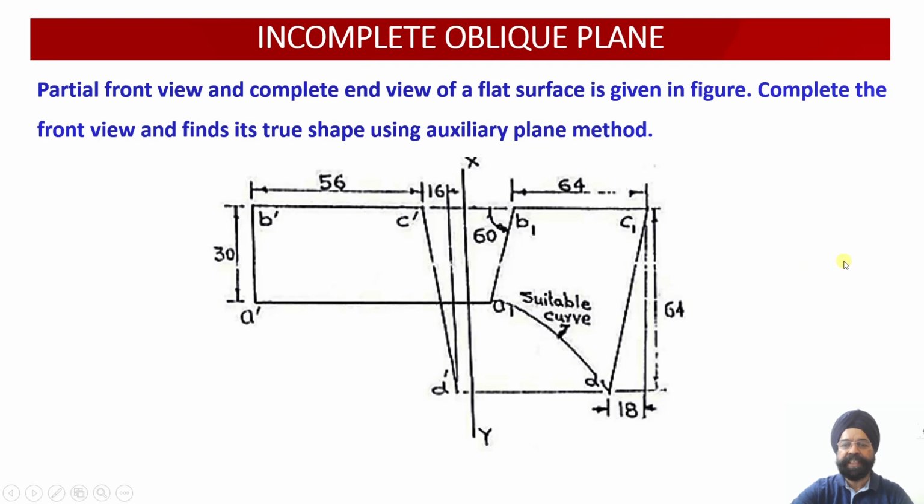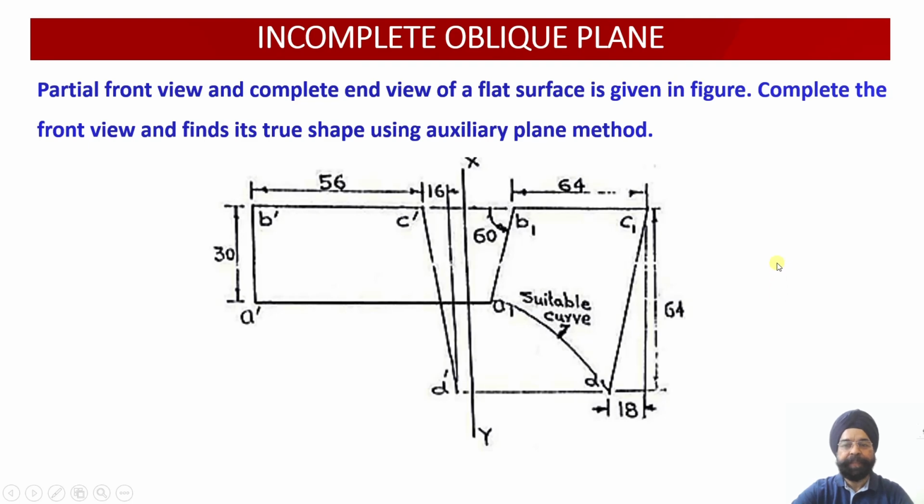So first things first, we need to plot whatever data has been provided to us. So the shape of the front view and the top view is given to us. This is a suitable curve. I can draw this curve like this, I can draw this curve like this, I can draw this curve like this. So whichever way I draw this curve, this is going to derive my construction of the curve in the